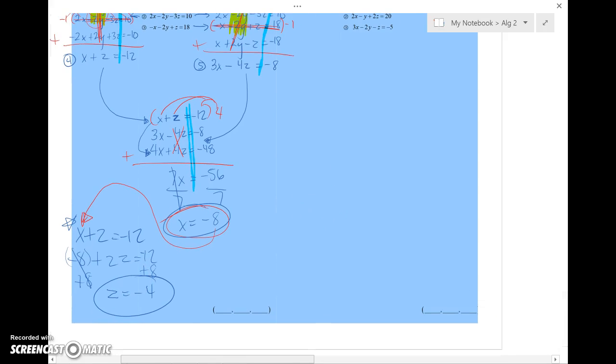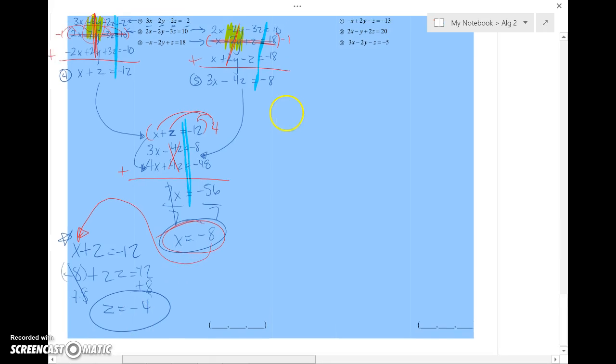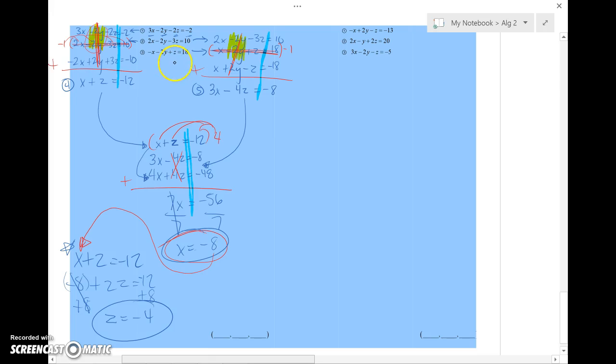Now we're going to do the last step. The last step is to plug in both of these variables into one of the original equations. We have to choose one. So I think I'm going to do the number 3. So let's write that over here. So number 3, and I always write substitute, just so that I remember this is the last step. So we're going to do that into equation 3, which is negative x minus 2y plus z equals